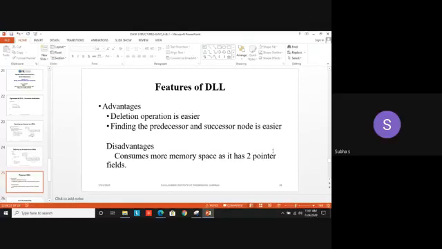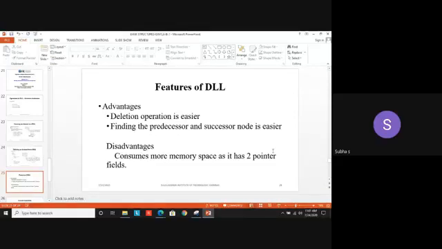If the question is asked for 2 marks, differentiate SLL and DLL. SLL stands for, for our common convenience, we mention it in short form. SLL means singly linked list, DLL means doubly linked list. But don't write it in the exam like this. Just to save time, I have written like that. It's very rare that a question is asked using the acronym, like write the routine for DLL, inserting an element in DLL. It won't be asked in general.